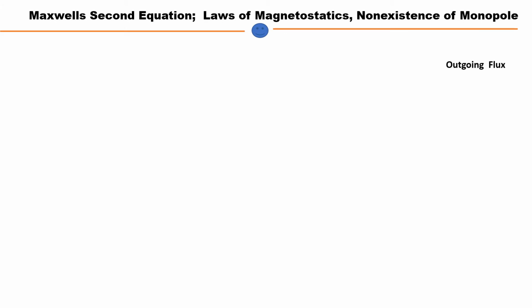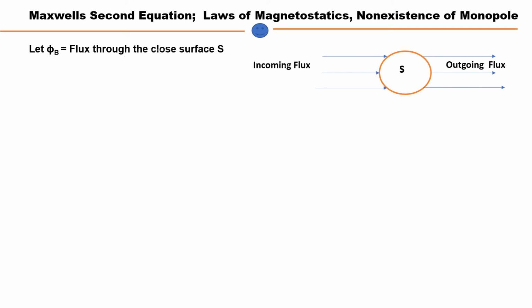The things are a little bit different in magnetostatics. Magnetostatics means the non-existence of monopoles. We will reach the conclusion of how there is no existence of magnetic monopoles. However much we cut a magnet, it will just produce two poles, not a single pole. So let's first start with the Gauss law of magnetostatics.